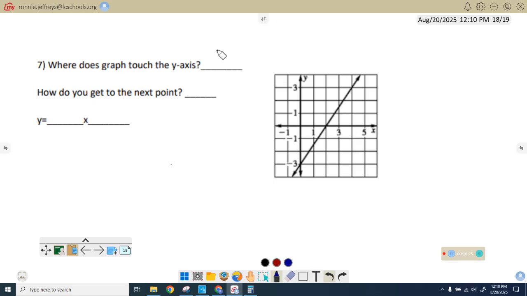All right, so where does this touch the y-axis? At negative 3. Right here, negative 3. All right, now this is where people have the hardest time. When I'm saying the next point, all right, y'all see the little grid back there? That is the next point. Where does it actually touch on a grid? Now it's not here, so I went over 2, up 3. So that would be